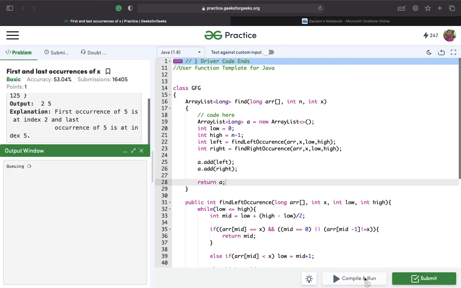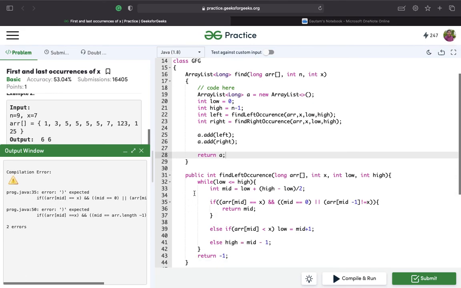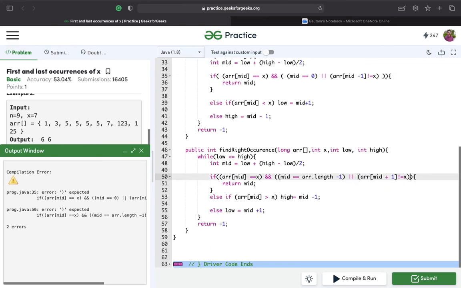Now let's try to compile it. What's the problem? Oh yeah, I knew that I'd get this problem. Error expected in line 35 and 50. So what's the error? Let's check how many parentheses I have applied. So this is equal mid, yeah, so I need to add one more. Similarly, I need to add one more over here.